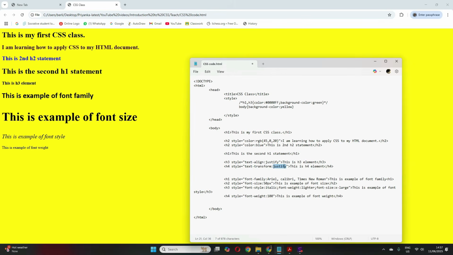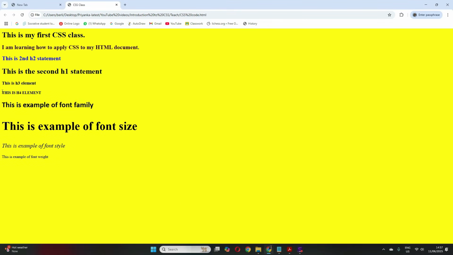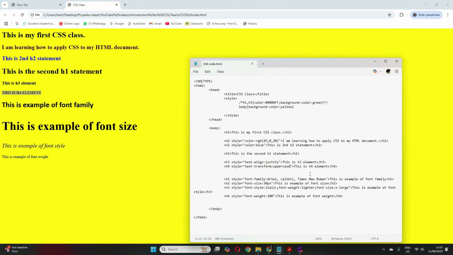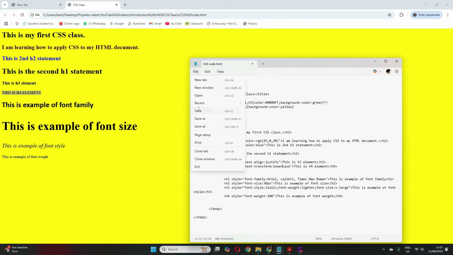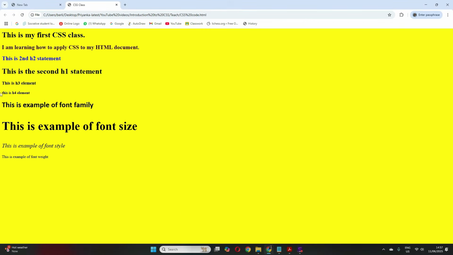I want this entire thing to be in uppercase, so I'll just write uppercase. I'll save it and run it. See, this entire thing turned out in uppercase. Similarly, if you want it in lowercase, I can put lowercase. Save it. All this in lowercase.